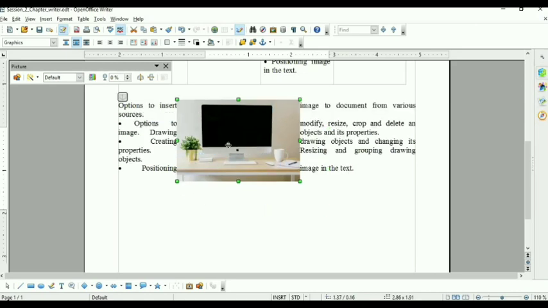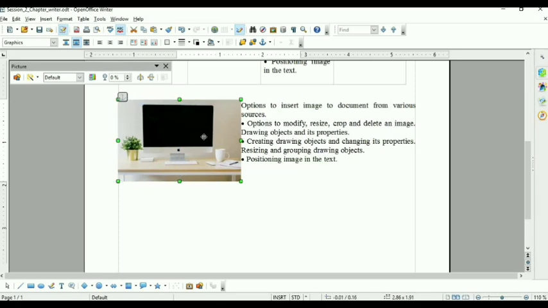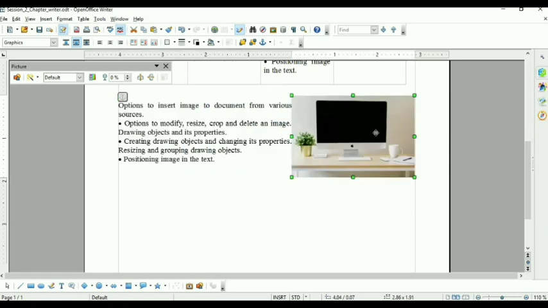Once you click on page wrap, see the change. Means the picture will appear in between the text. In between the text means some of the text will appear at the left or some will appear at the right. Suppose you want to place your picture at the left side, so all the text appears at the right, or this is the look of a newspaper. Or suppose you want to place your picture in the right side, so the whole text will shift to the left side. Now third one is wrap through.